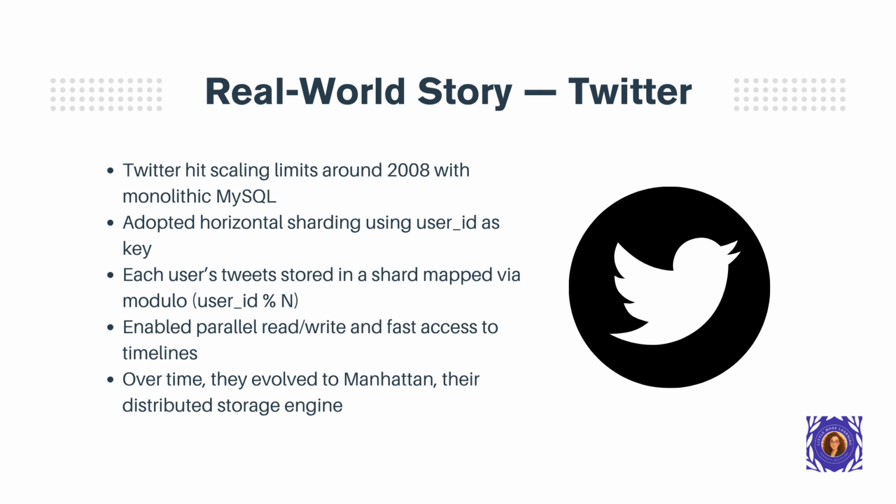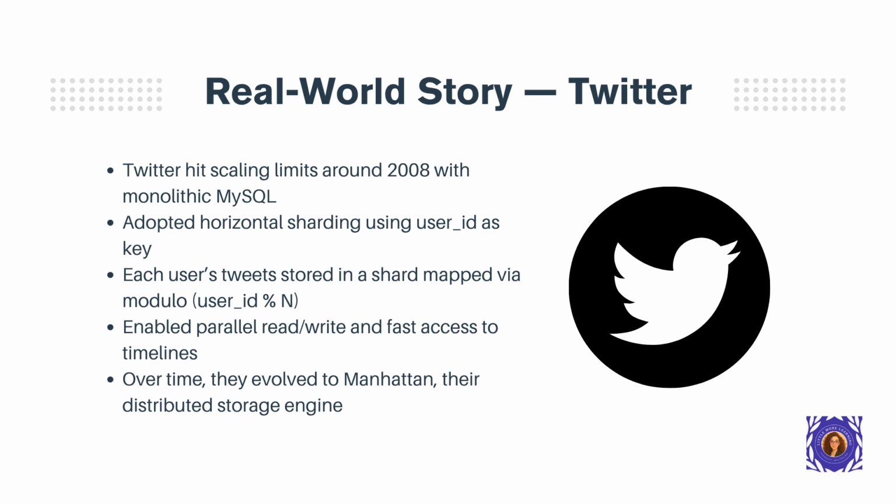The strategy involved mapping each user's data, including their tweets and timelines, to a specific shard. This was often done using a simple modulo operation, shard ID equals user ID % n, where n was the total number of shards. This approach enabled highly parallel read and write operations for individual users' timelines, dramatically improving performance and